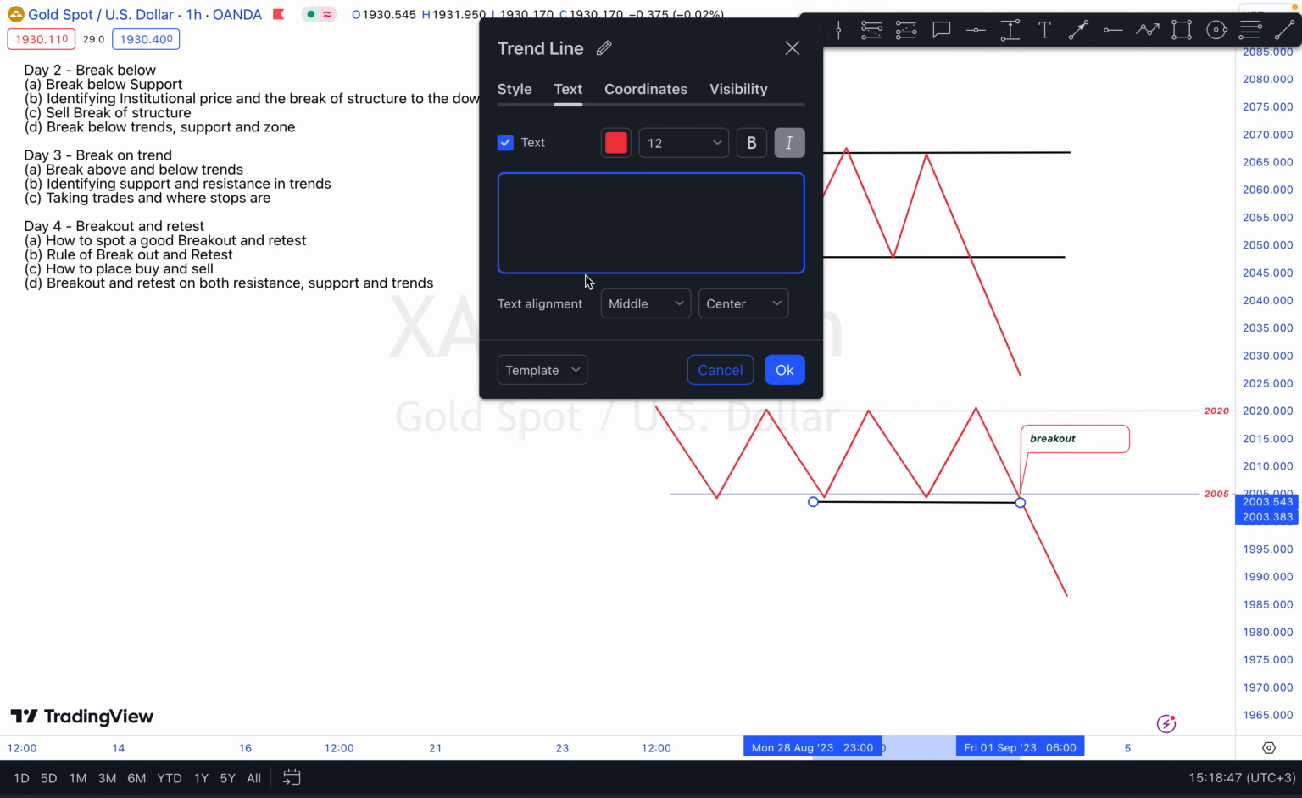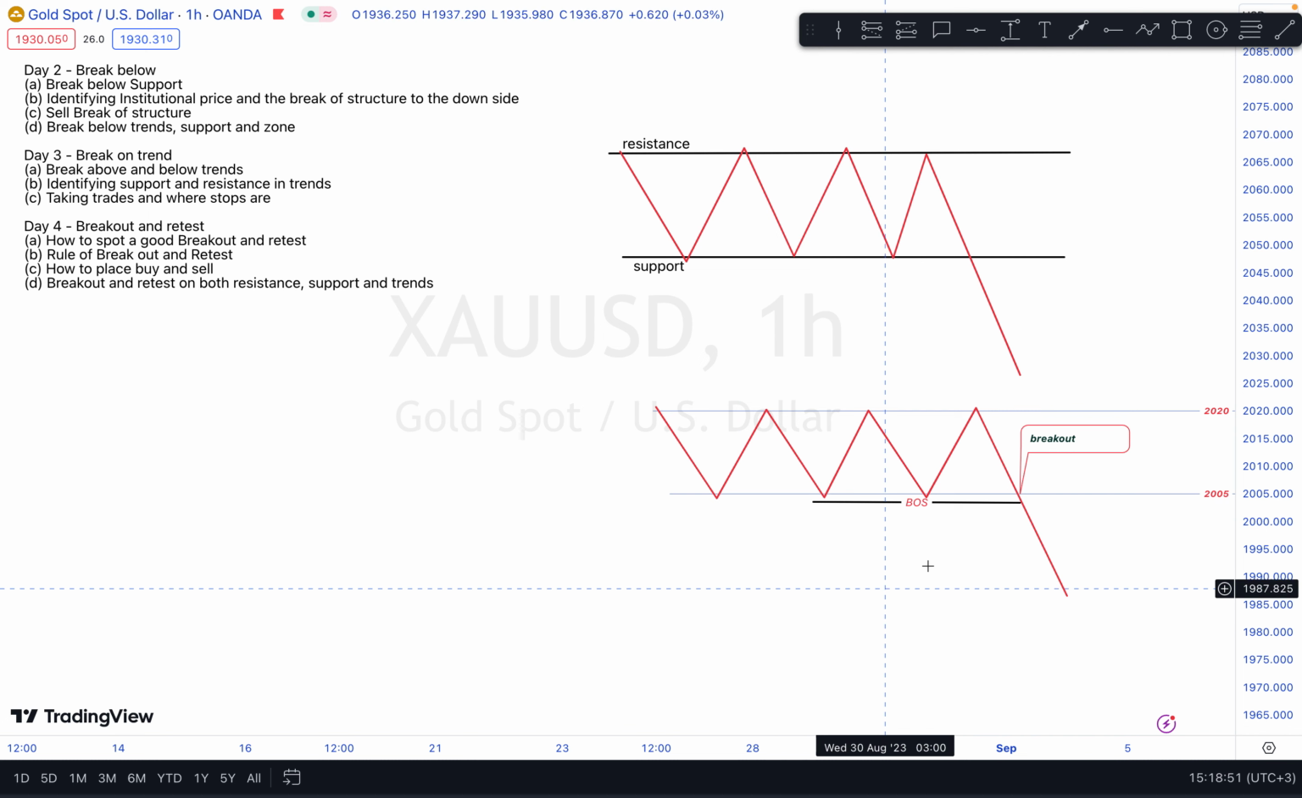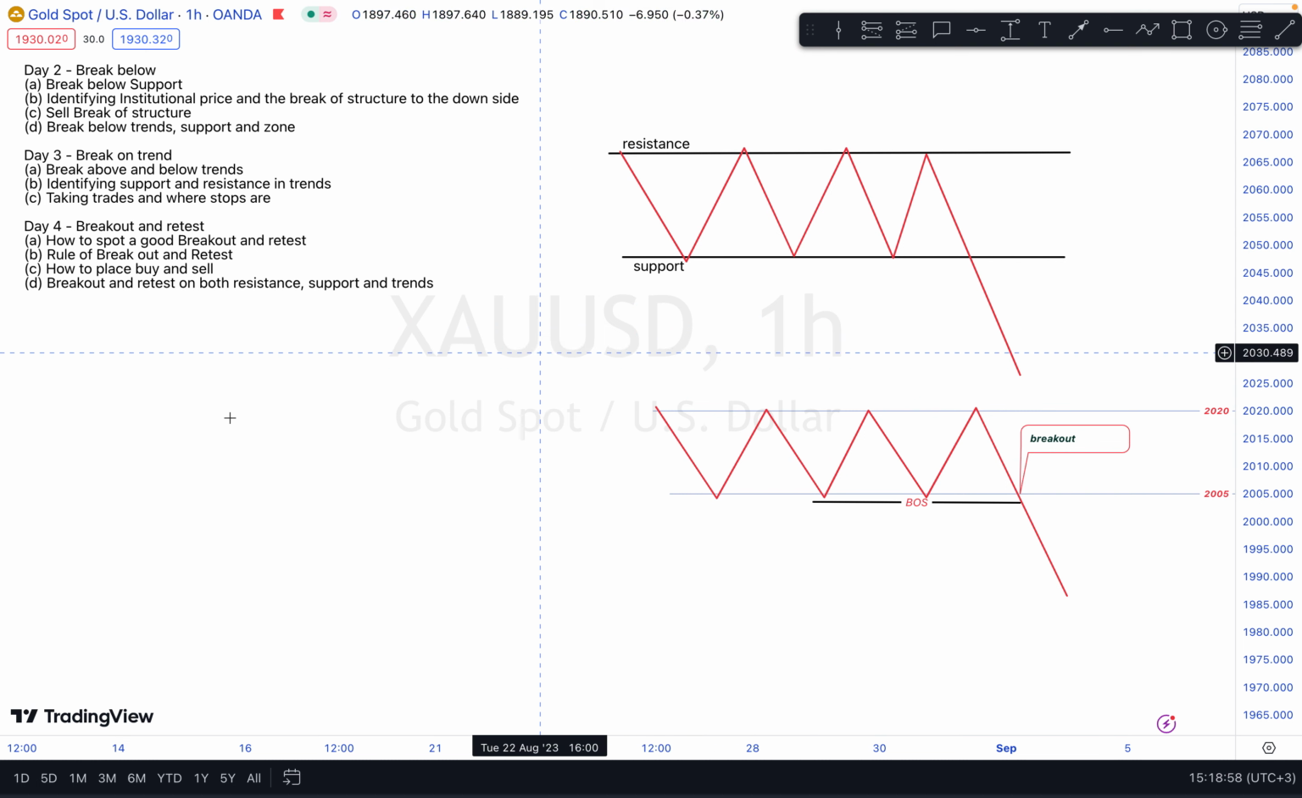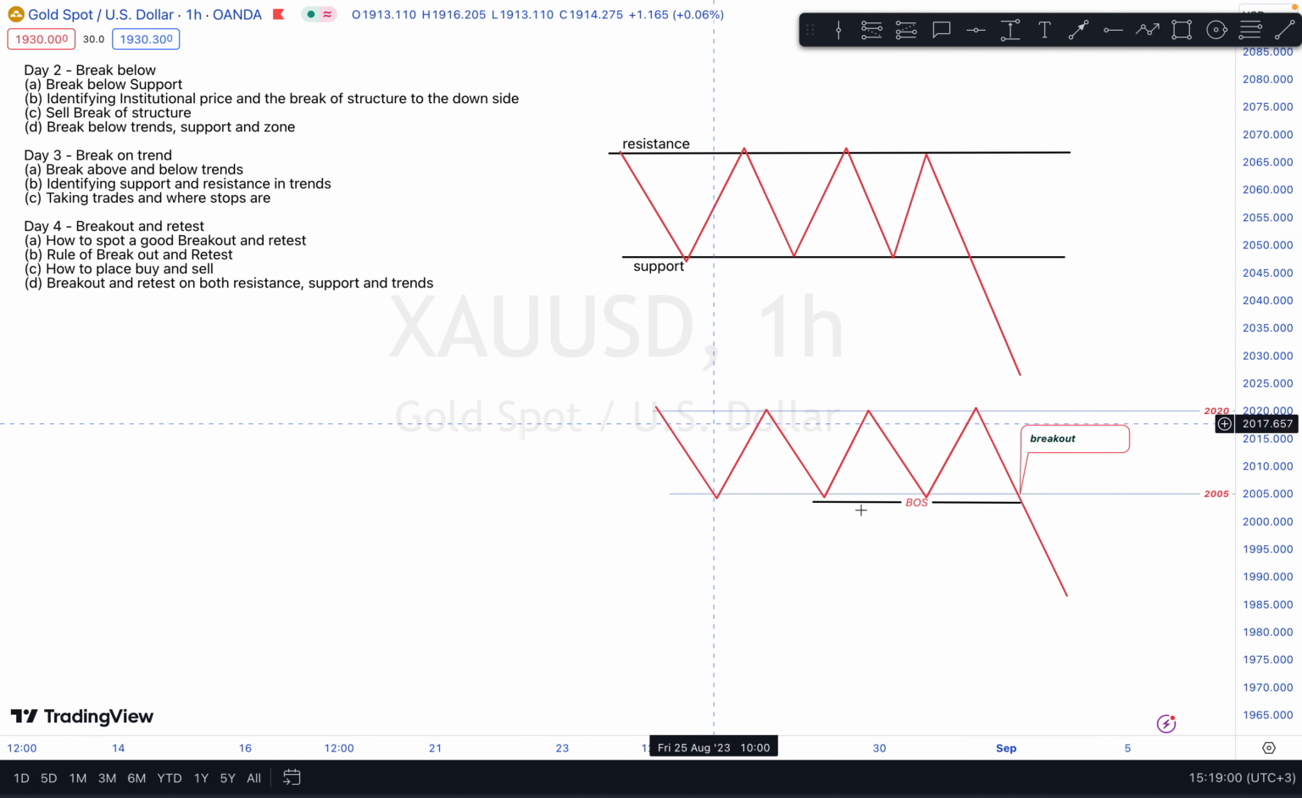My text BOS, I'm going to put it in the middle. So you can always label it, and you might not label it if you don't want your chart to be too stuffed, so you might decide not to label. Sell break of structure. Let me give us an example of